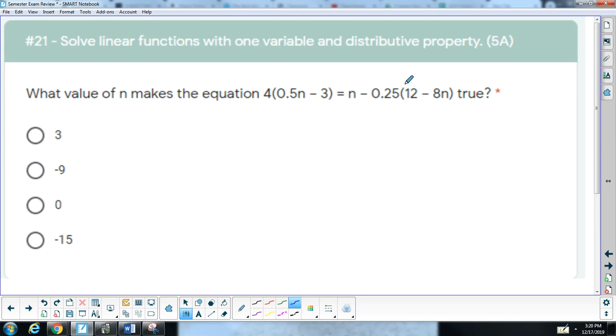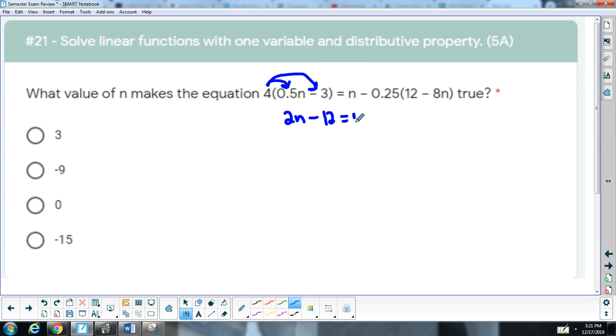What value makes this equation true? I feel like we've done one like this already, so we just need to get rid of parentheses by doing distribution. 4 times 0.5n, if you need to use your calculator, you can go ahead and do that. We would get a 2n minus 4 times 3, which is 12,